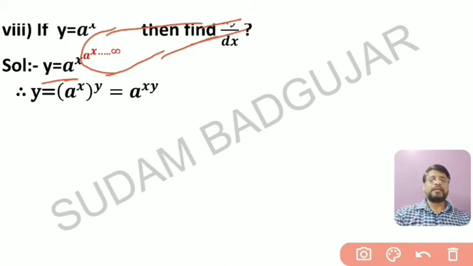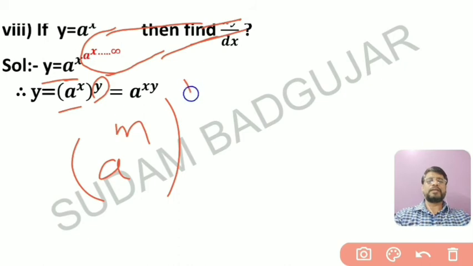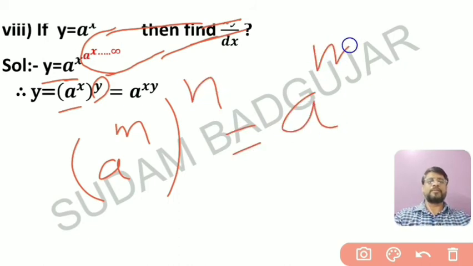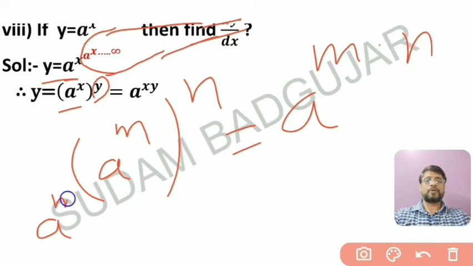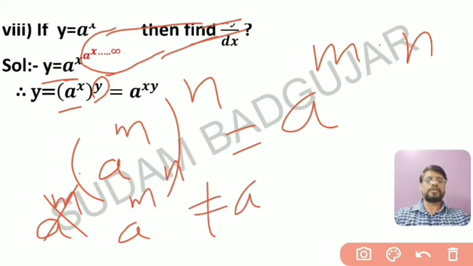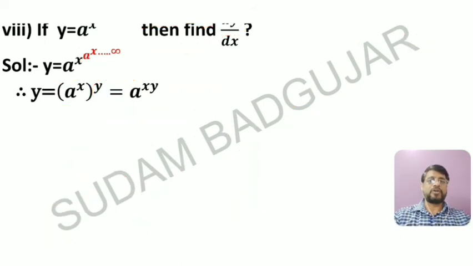Okay, then it becomes y, so you will get a raised to x raised to y. By laws of indices, you know, a raised to m bracket raised to n is equal to a raised to m into n. This is applicable for this bracket. Don't use this formula in the other case. Here I write that a raised to m raised to n is not equal to a raised to m into n, right? So a raised to x, complete bracket raised to y, is nothing but a raised to xy, by laws of indices.